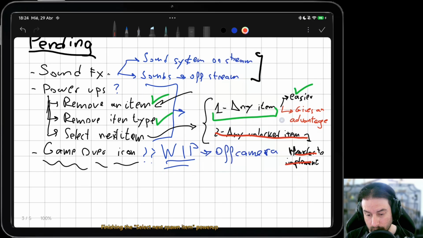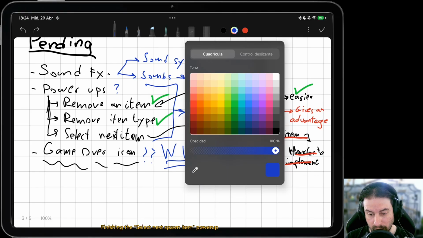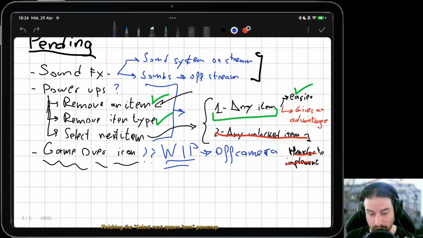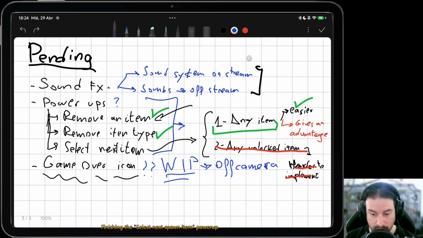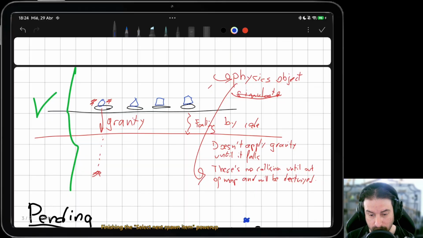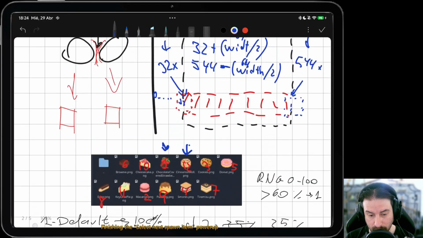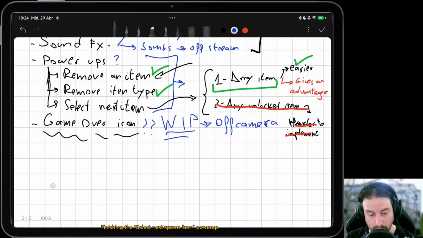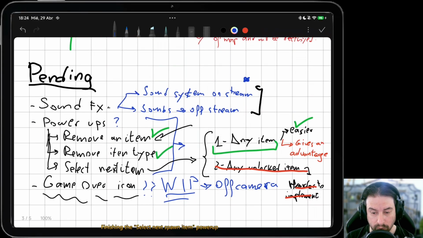Wait, of course. This color has changed already also. And no, this is the same one. I don't know why this one is changed. I don't get it. Oh, okay. So this is still not working. Everything here is already done. So I can start doing a sound system,